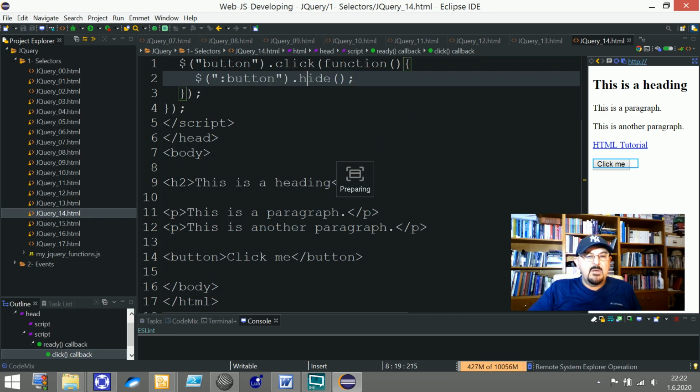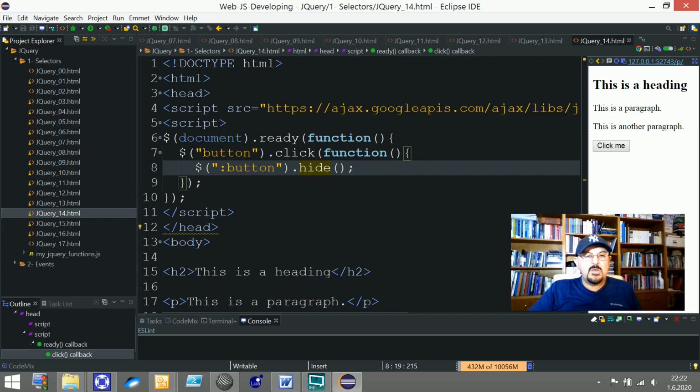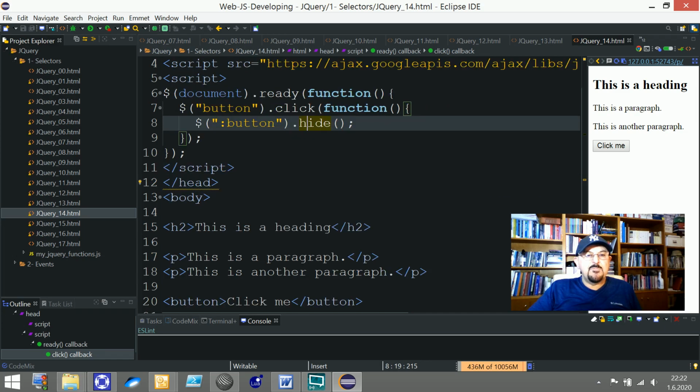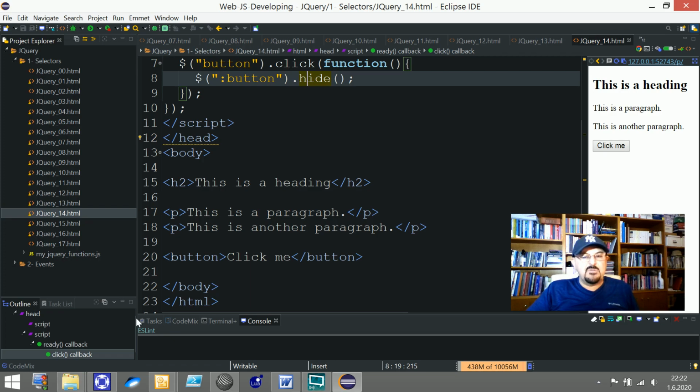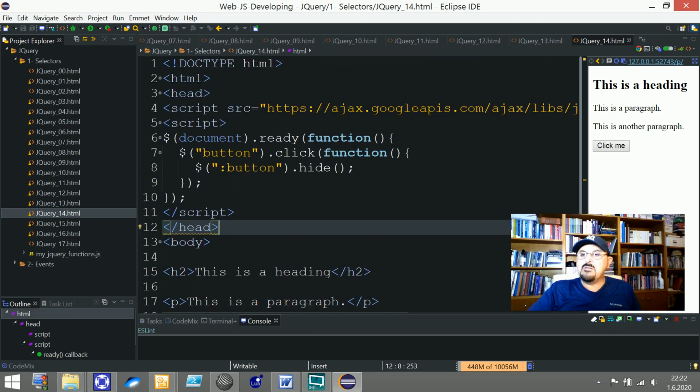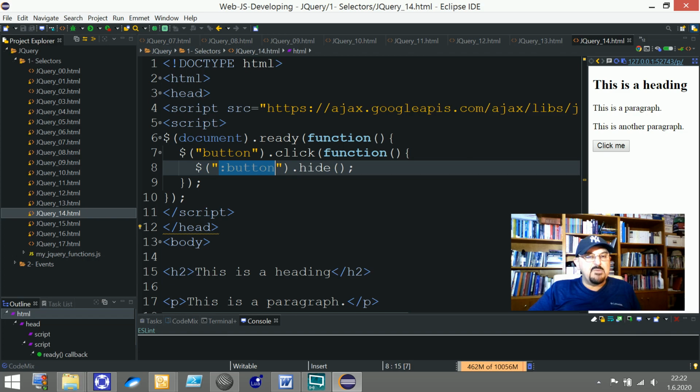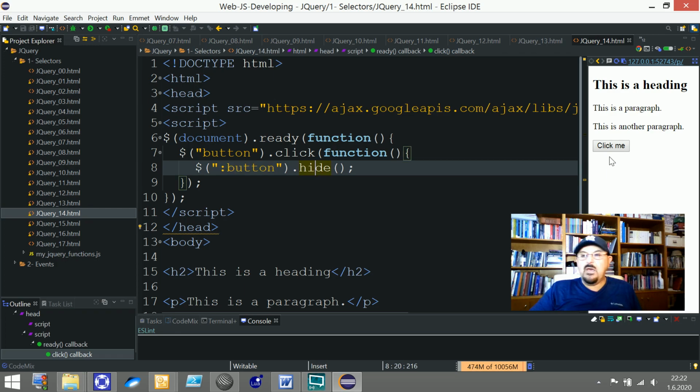This time, okay. This is an interesting example, you guys. As you can see, we've got 3 paragraphs and 1 click me button. And here, instead of selecting other components within this HTML page, I choose the button itself by means of this notation, button, and what's the relevant action? The action is to hide it, and just by clicking this button, I